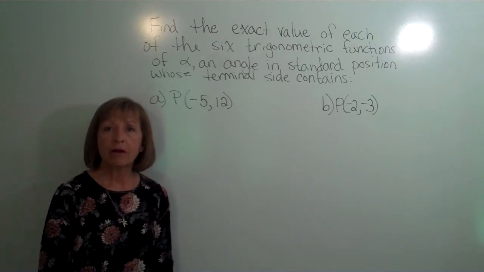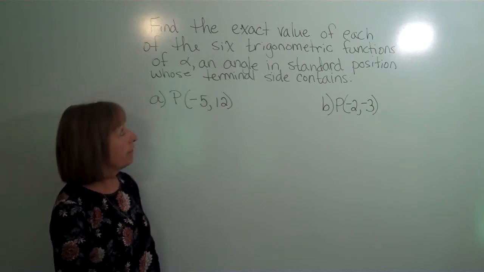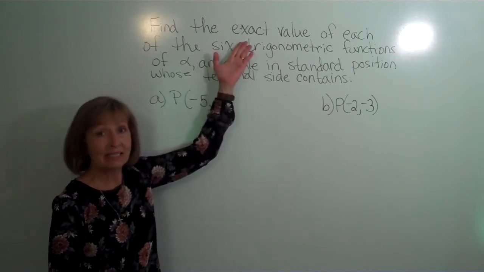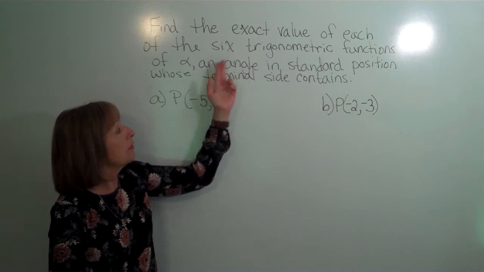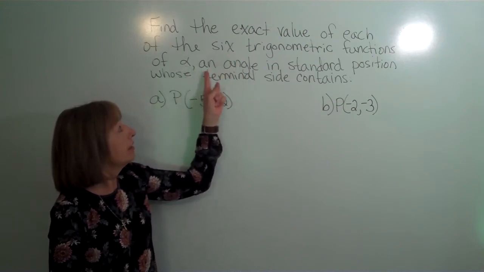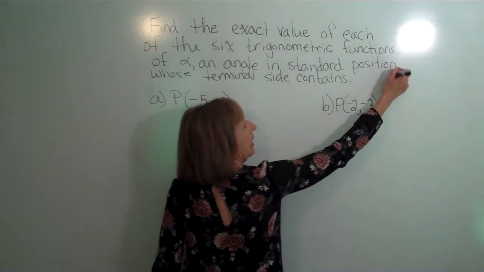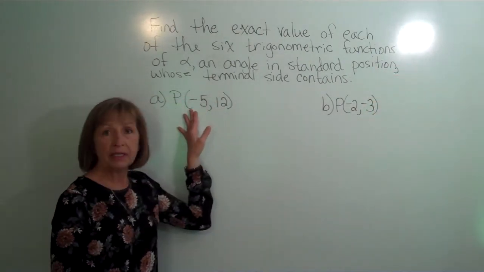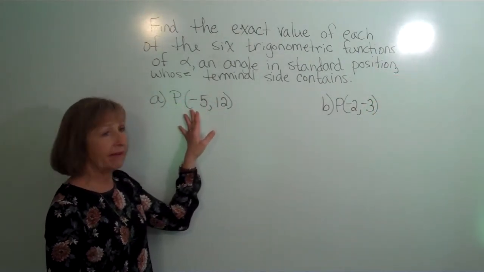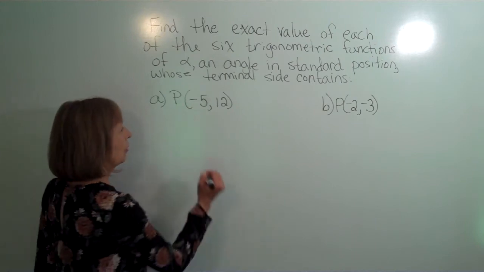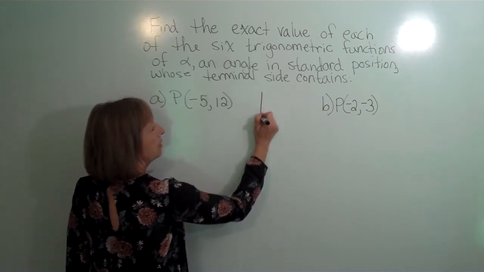So for this first part of our example section of the video, we're going to find the exact value of each of the 6 trigonometric functions of alpha, an angle in standard position, whose terminal side contains the point -5, 12. So when I think about this, I want to draw